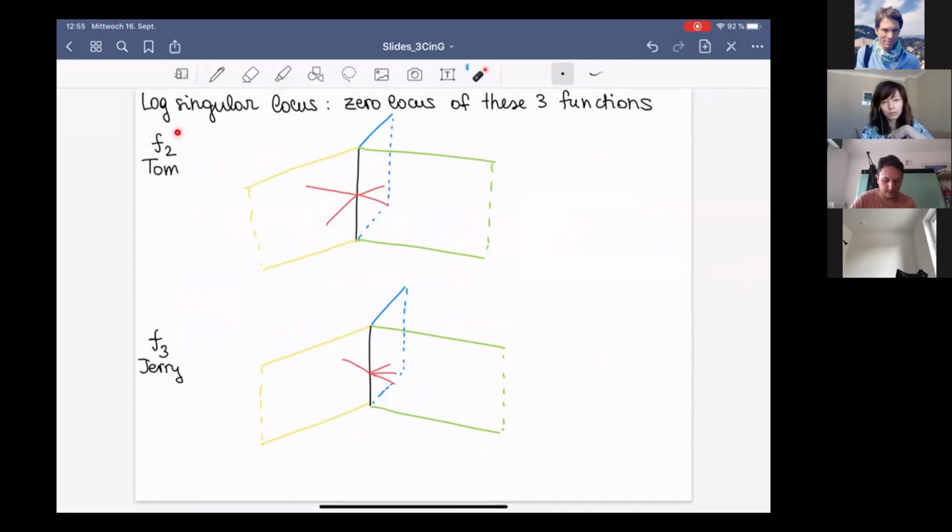So for instance, if I take F2, here I have a curve with a node at this point. And if I have F3, I think I get a curve with 3 branches on this green surface. And so these singularities of the log structure are completely out of the classical Gross-Siebert program. And so they require to be analyzed, and